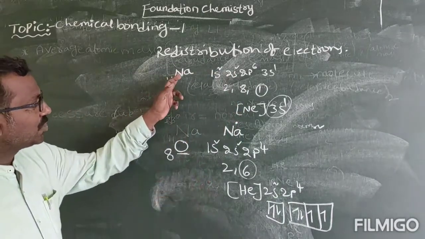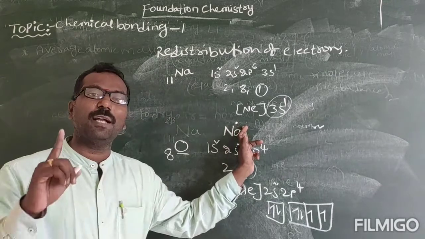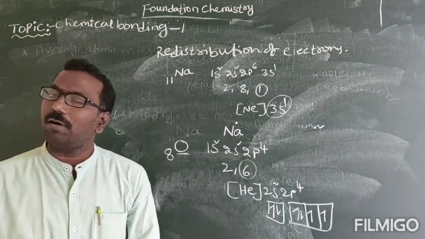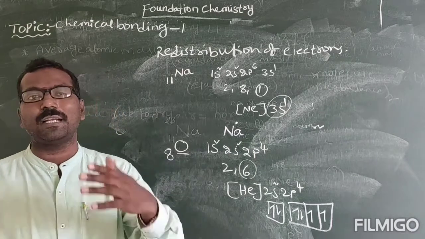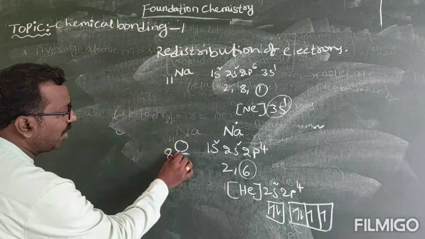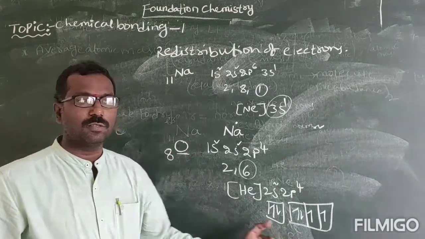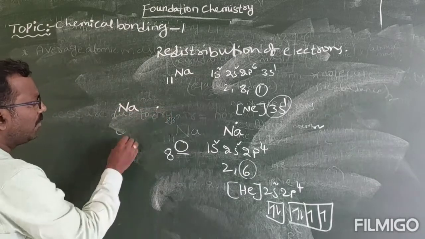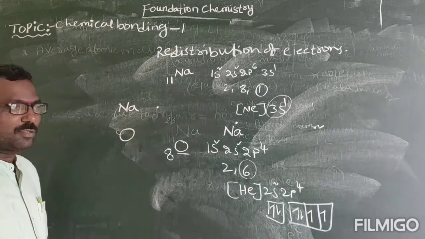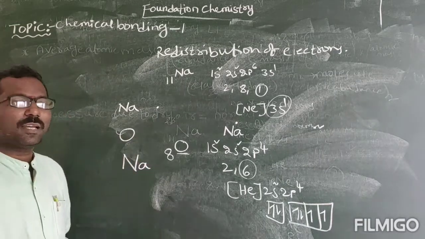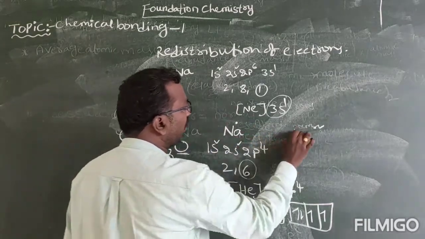Okay, see here, sodium is having 1 extra electron, 1 excess electron. If that 1 electron is given to others, then it attains stability. So what is going to happen here? Oxygen needs 2 electrons. Sodium can give 1 electron only, but oxygen needs 2 electrons. So it will combine with 2 sodiums. That is the reason why the sodium oxide formula is